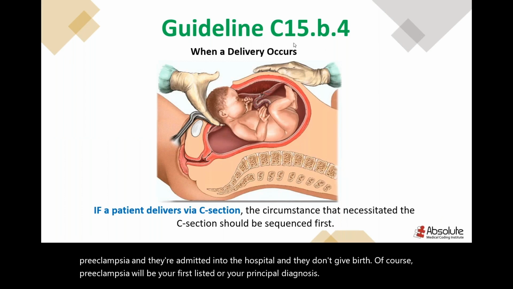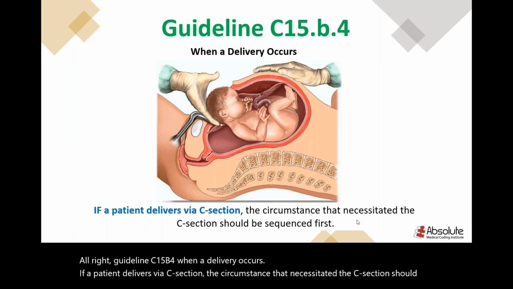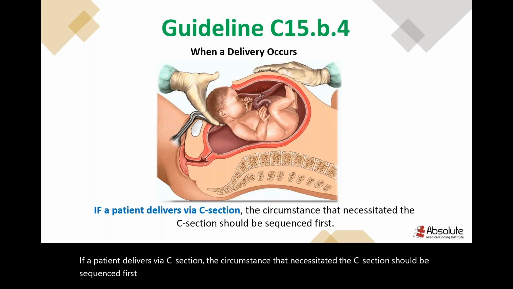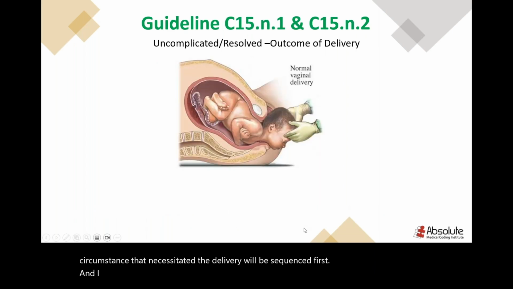All right, guideline C15B4, when a delivery occurs, if a patient delivers via C-section, the circumstance that necessitated the C-section should be sequenced first. That's any type of delivery. When a delivery occurs, the circumstance that necessitated the delivery will be sequenced first. And I also want to let you know,